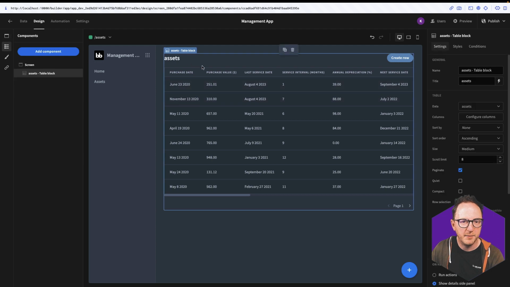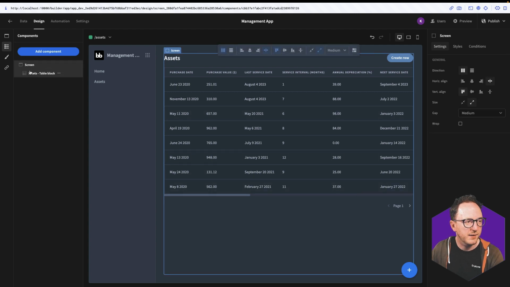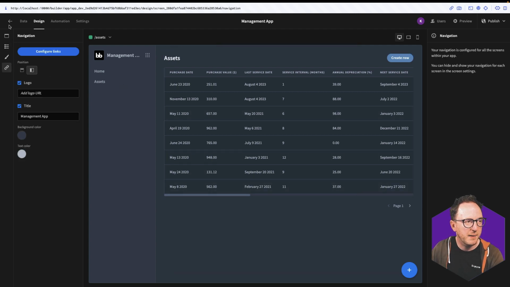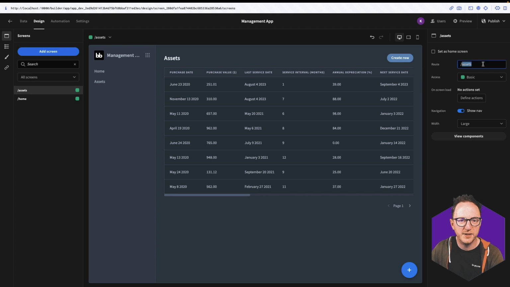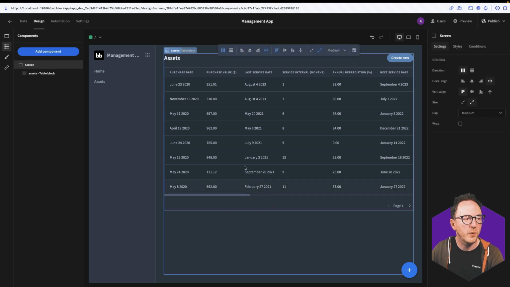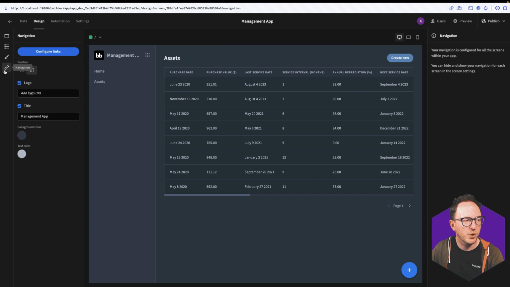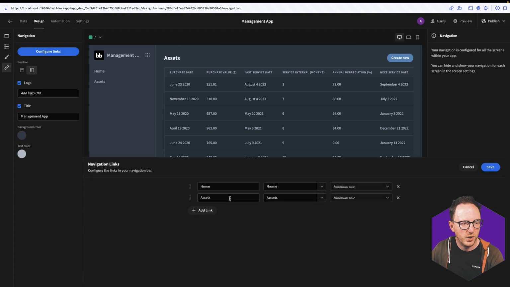So I want to rename the table. I'll click on the table and get all the configuration down here. I'll just change that to assets there, and I'll rename this link. And back on the screens, I want to change this just to be /. It'll be our real home. And then we'll go and in the navigation, configure links. We'll get rid of that one. Don't really need that. We'll delete the screen in a minute. I'll call that home